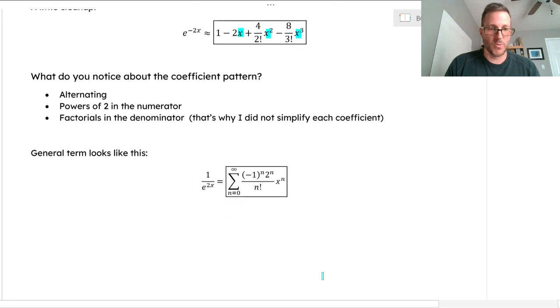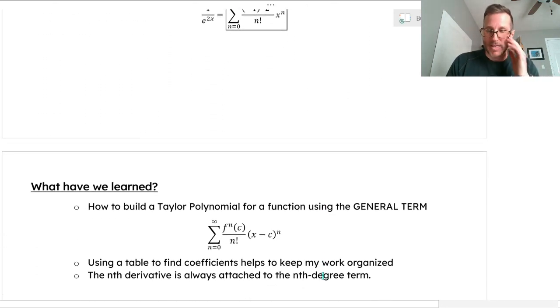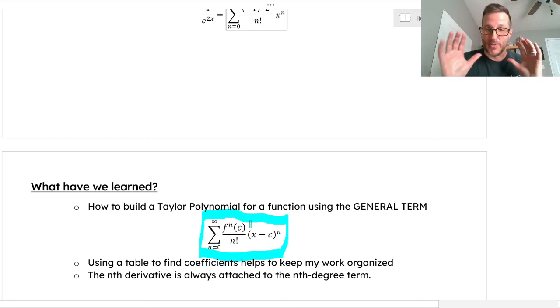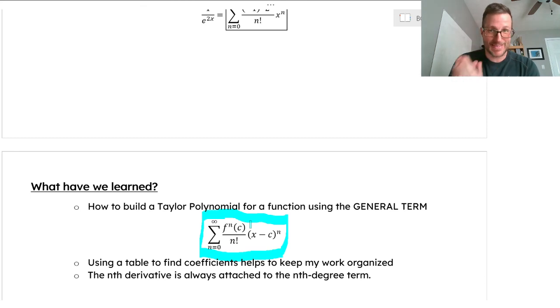All right, so just to recap, in this video, actually the last 2 videos, we've talked about how to use the general term of a Taylor polynomial, which you see here. Ooh, buddy, you better know that one, okay? You gotta know that one. The general term of any Taylor polynomial for any function f at the center value c. That's how we build the polynomial. I'm going to use a table to find those coefficients. I showed you that. I don't need it, but it definitely helps. And remember, the nth derivative is always a